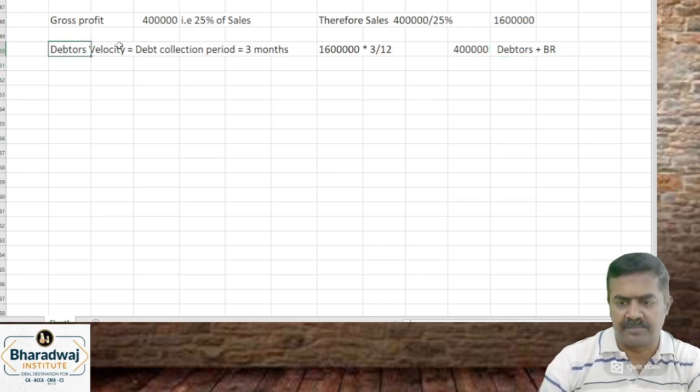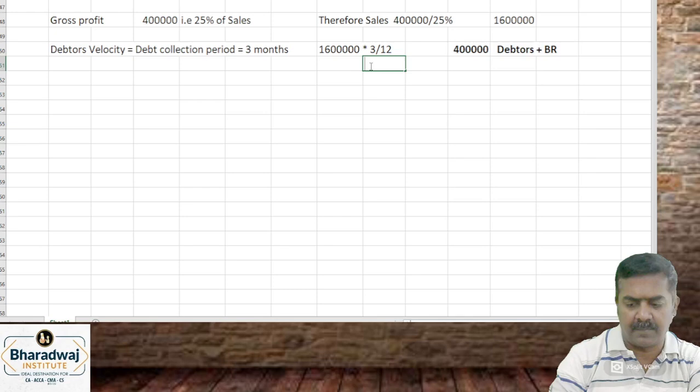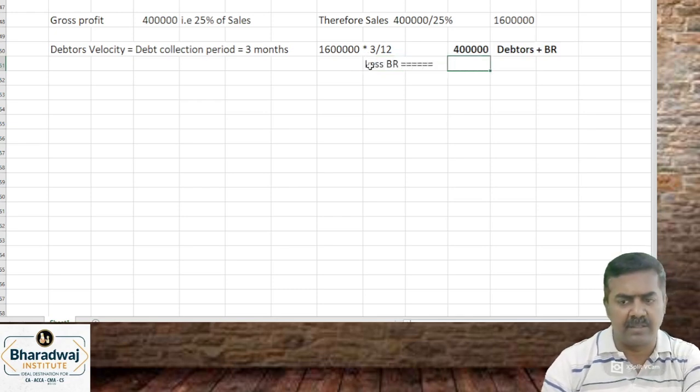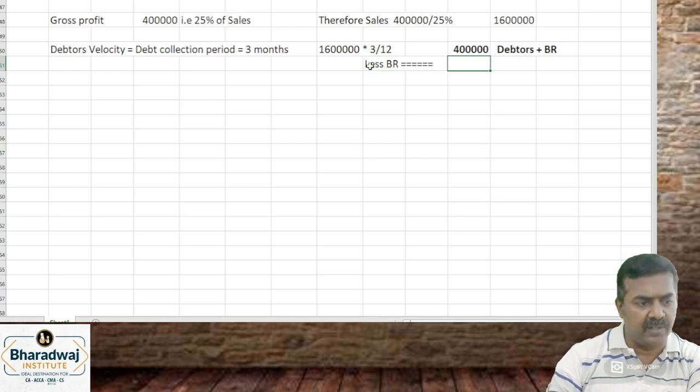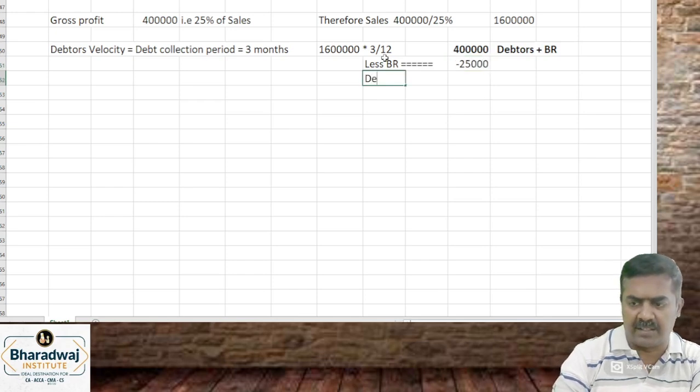Accounts receivable வந்து 4 lakhs. Bills receivable எவ்வளவு கொடுத்திருக்கா? Bills receivable given in the question எவ்வளவு கொடுத்திருக்காங்க? 25,000. Bills receivable 25,000 கொடுத்திருக்காங்க. அப்போ debtors will be